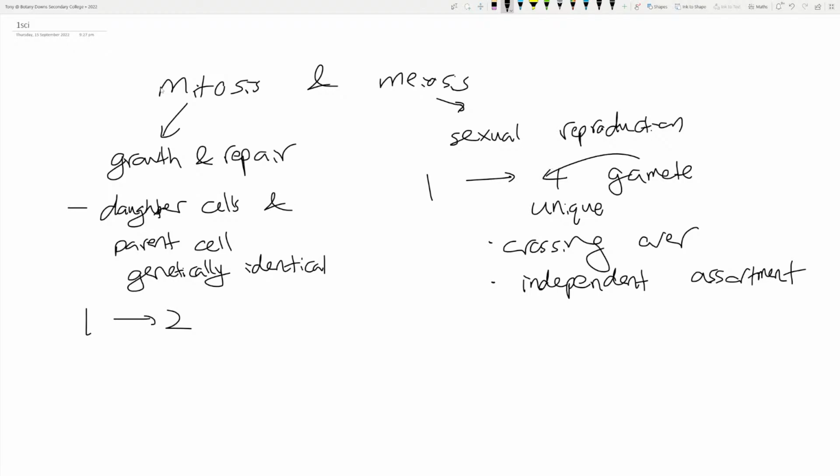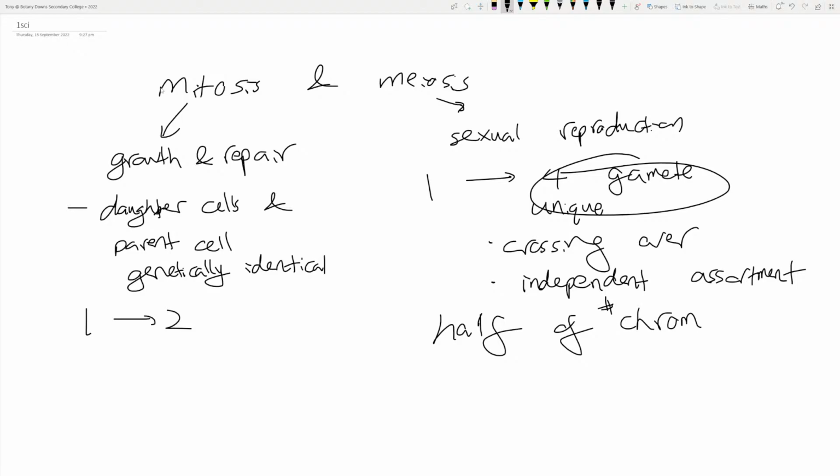Okay, so that creates unique gametes, and then they have half the number of chromosomes. That's why you have half the number of chromosomes compared to a normal cell, because you need half from each parent. That gives you the full set. If you had a full set in each of the gametes, then the offspring would have too many chromosomes, and that's not a good thing. Okay,